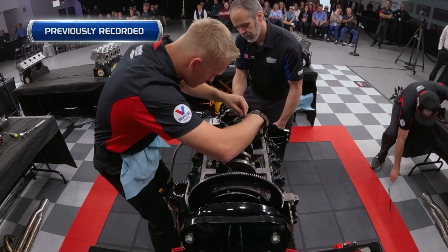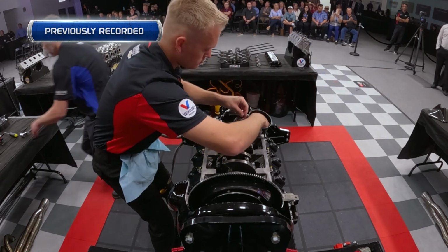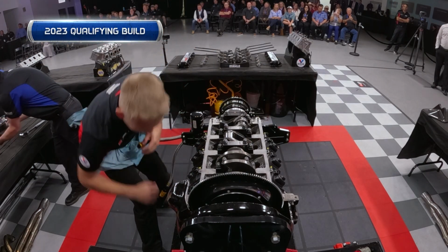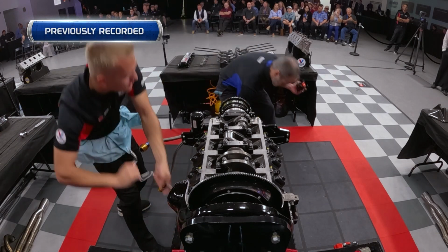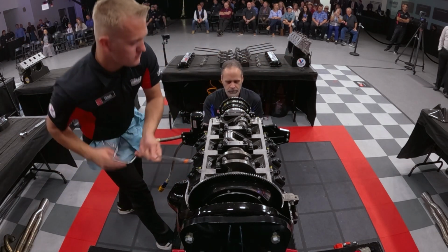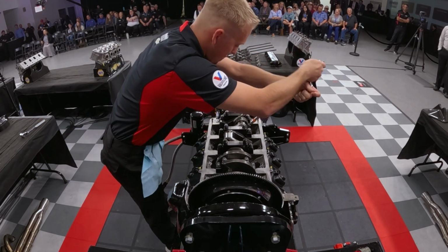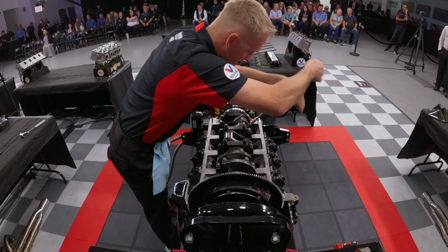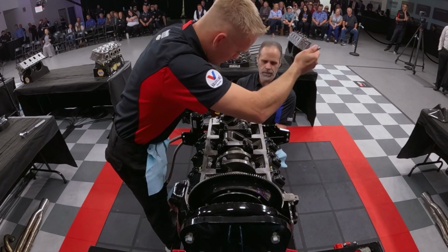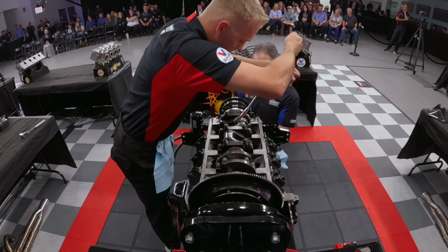It is a race engine, as I said, and things can go wrong, things can break. So you just have to find a way to minimize those mistakes. And as I said yesterday, the goal certainly for us is not to throw an engine together in 22 minutes. It's great that we can, and it shows how great of mechanics these guys are, but we want to spend time on these things, make sure there is no problem, no mistakes made, because mistakes cost you races, and that's